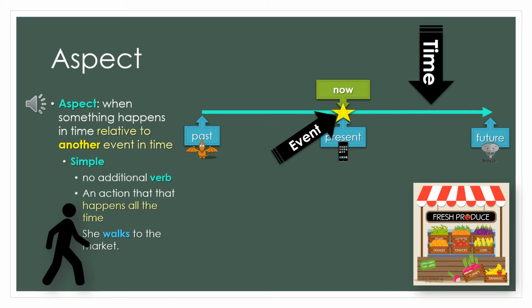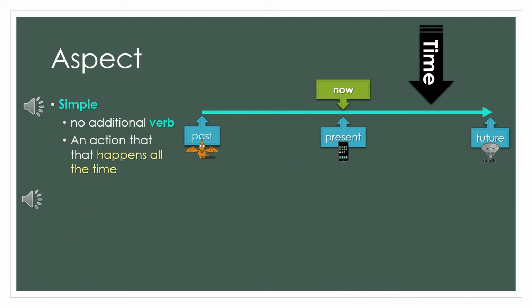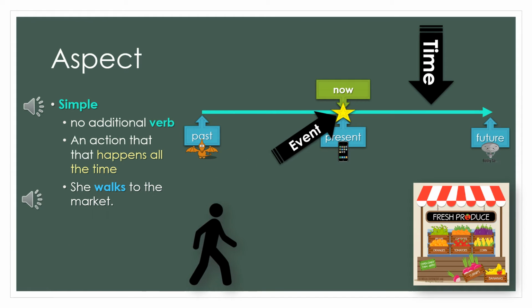She walks to the market. She walks to the market all the time. Walks is present simple. If present simple is an action that happens all the time, such as she walks to the market,